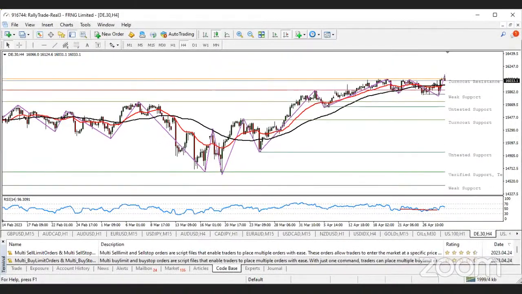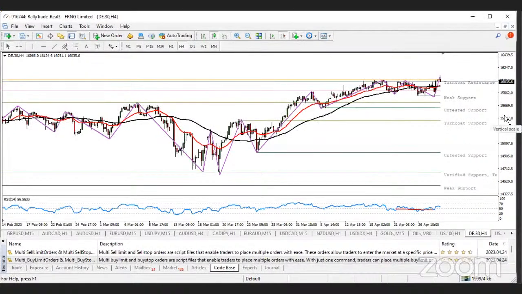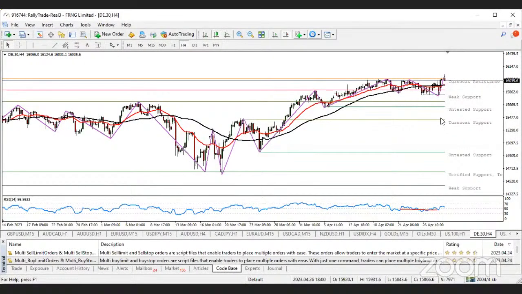So if you are trading DE30, apart from the fact that the recent swing for DE30 has been bullish ever since it went this low, that's the same thing that happened on US 100. I said on the 10th of March, ever since it hit that particular verified support, it has been bullish. The same thing is happening for DE30. So imagine if you are on a buy trade right from that point for US 100, from the 16th of March till date. Probably you have been withdrawing and you'll be smiling.